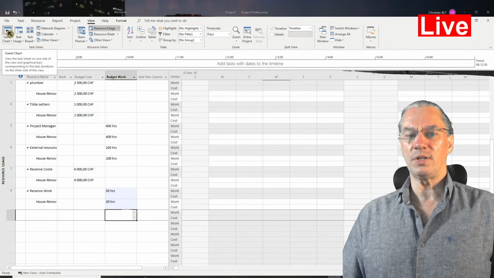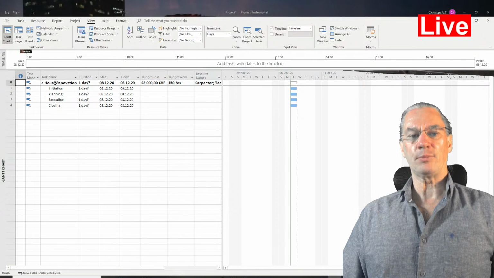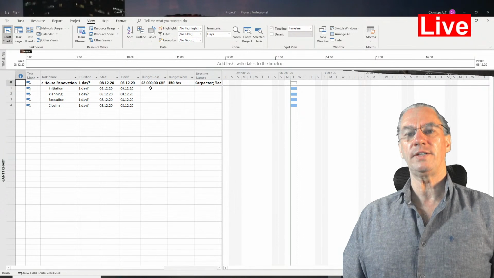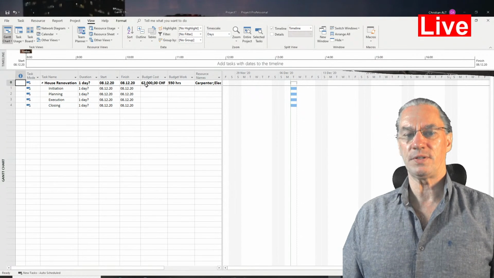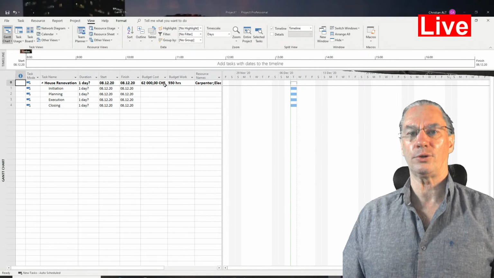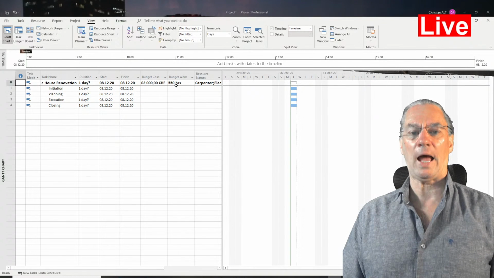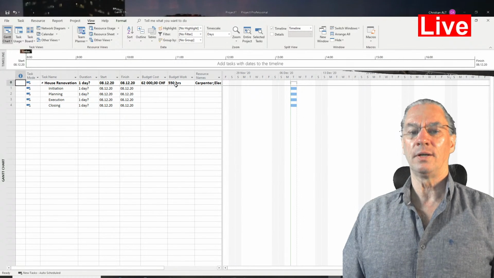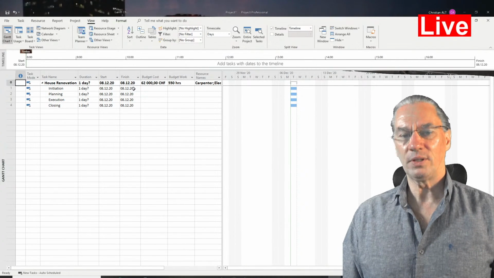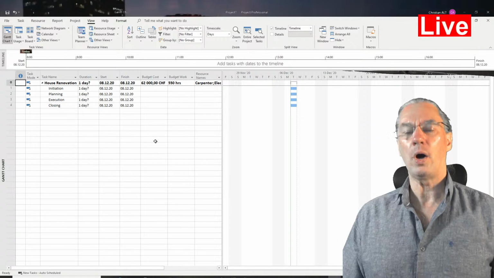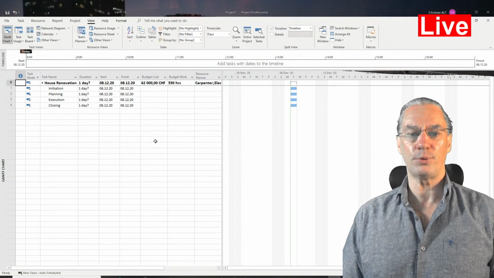So what we want now to see is the result on the Gantt chart and the renovation task. The summary task renovation, you immediately see that the budget has increased by 6,000 euros. So it's now 62,000 Swiss francs or euros. And the number of budgeted work hours have increased by 50 hours, which is really what we had defined. So this is now our finished budget at this state of the project.